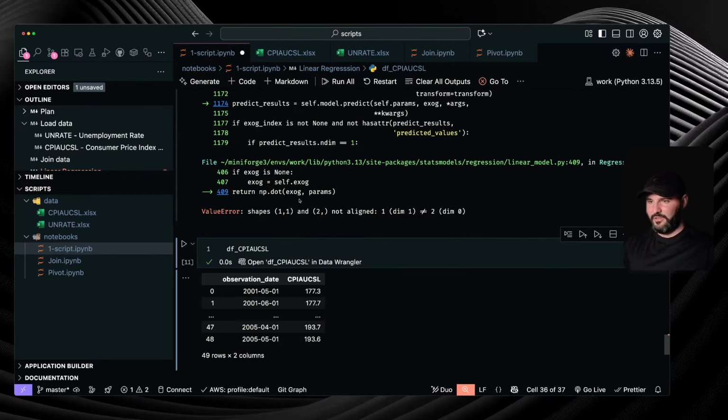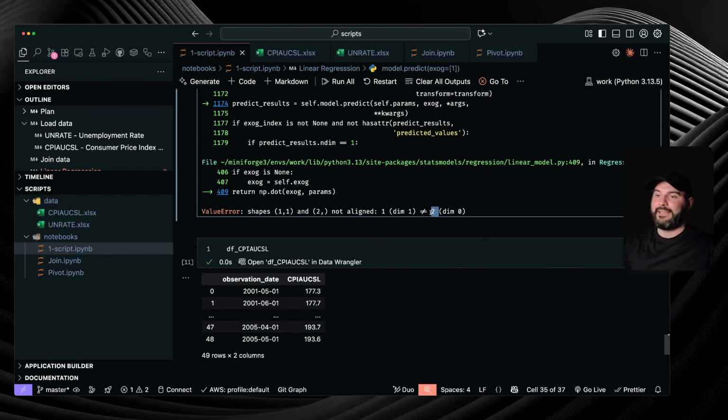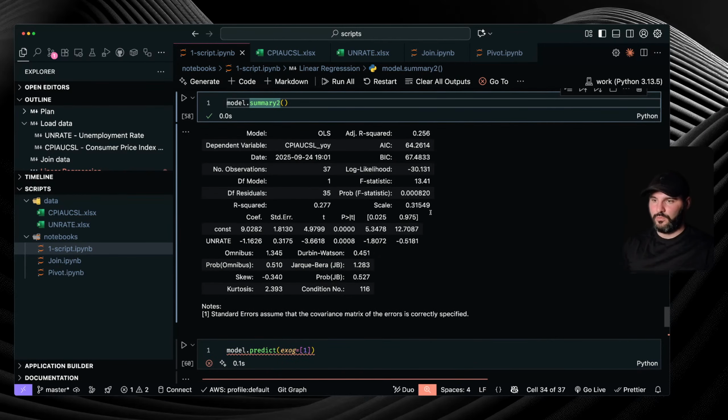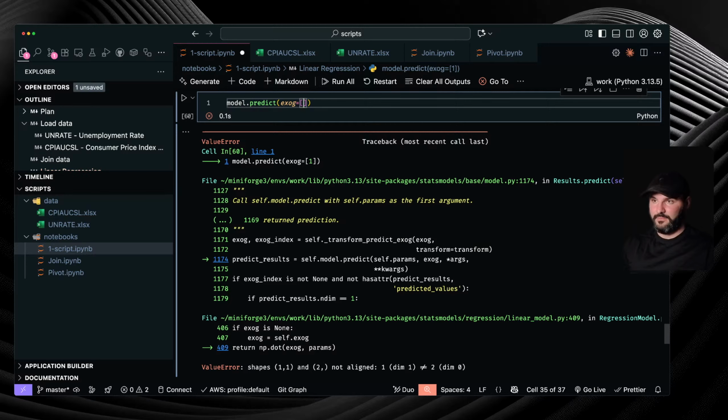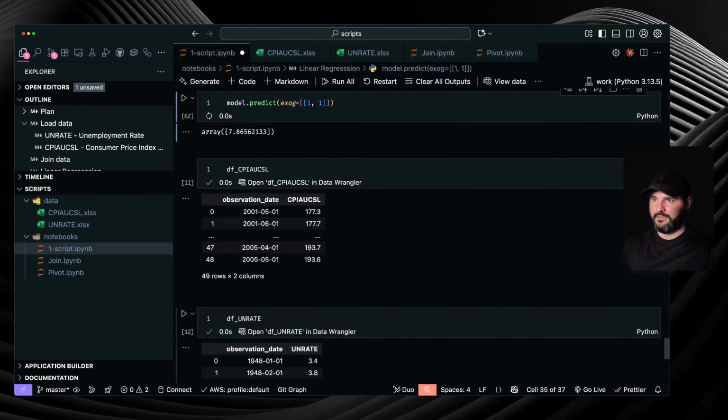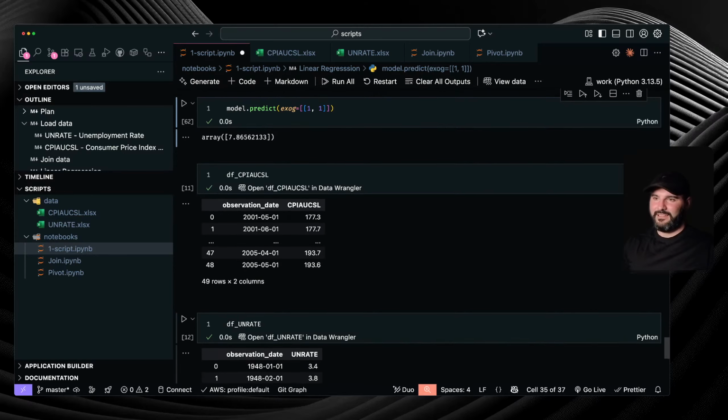You see in the error here that they say shapes doesn't align with the data, 2 dimensions, blah, blah, blah. This is because the data must be done through double brackets, because we passed a data frame and also the constant that we added. So we get